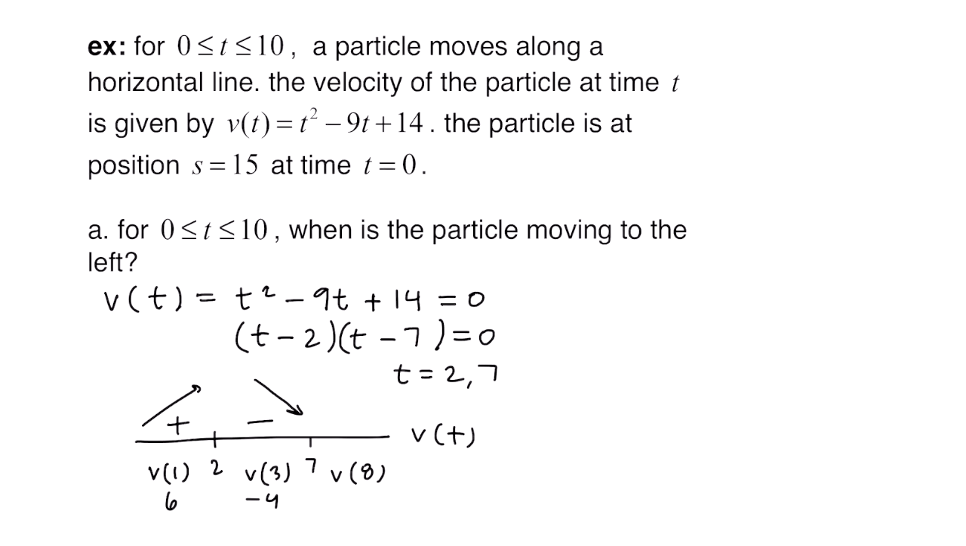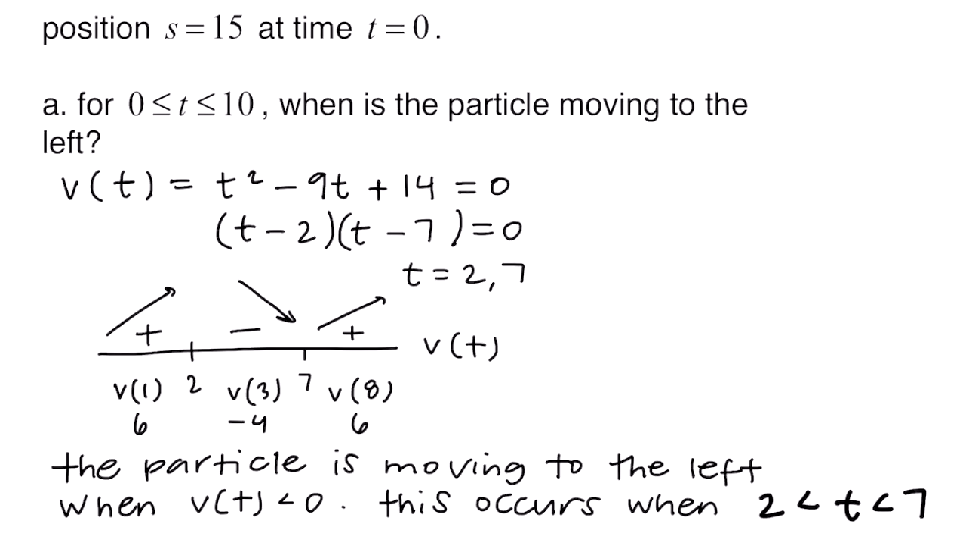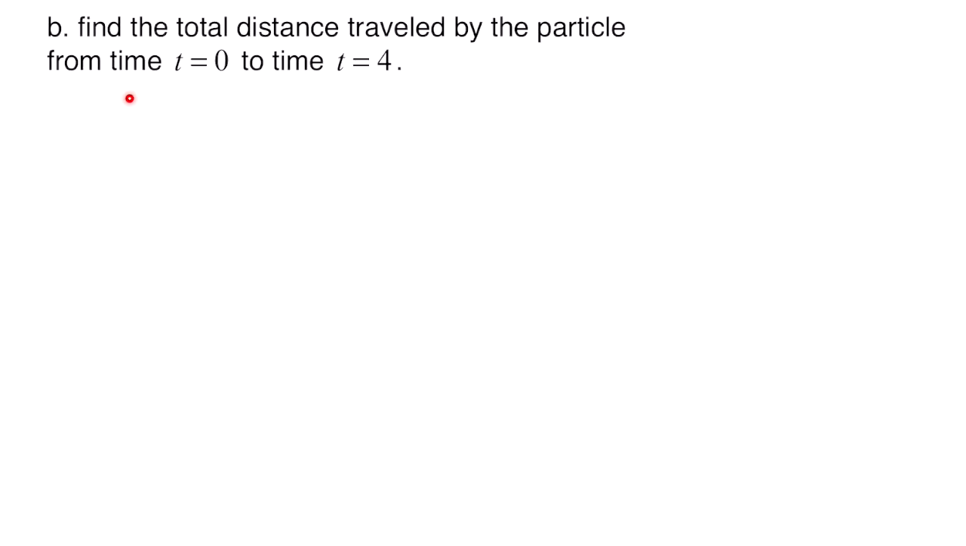And the particle is moving to the left when the velocity is negative, so you can see that that occurs right here between 2 and 7. So I wrote it out. The particle is moving to the left when the velocity is less than 0, and this occurs when t is between 2 and 7. Part B says find the total distance traveled by the particle from time t equals 0